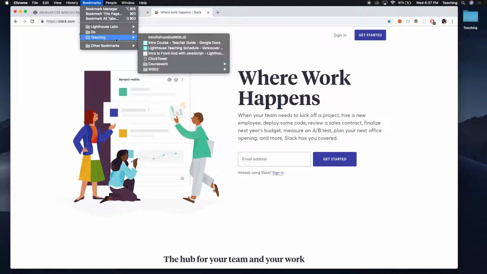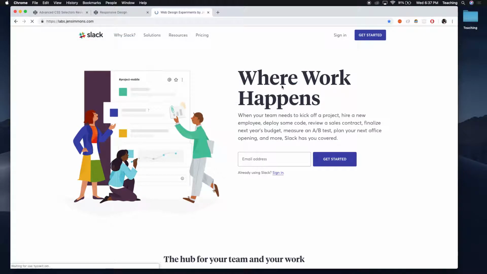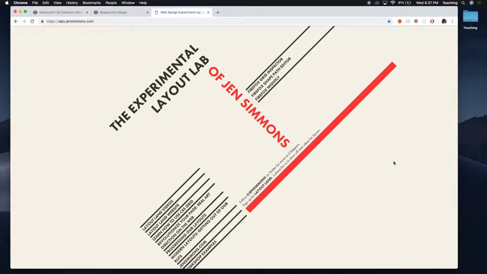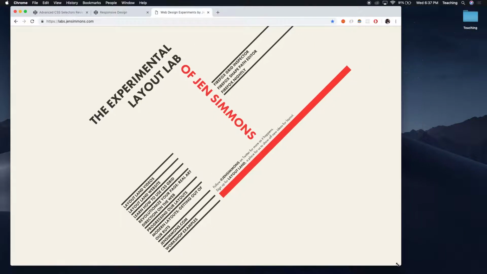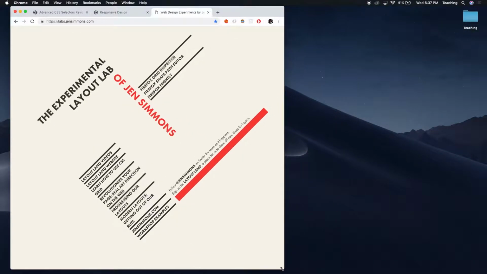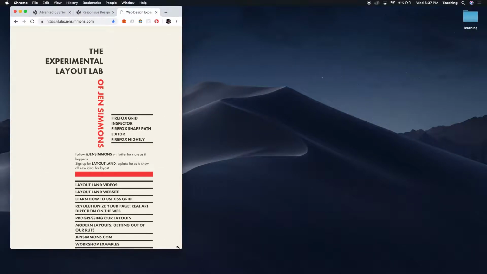And then there's another site, and this is just kind of fun, but Jen Simmons does some great videos. If you want to look at more advanced CSS, like CSS Grid, I'd recommend her YouTube videos. She's got some great stuff, but she's also got this experimental labs site with different layouts, and some of her stuff is really cool. Like the way that this is responsive, and then all of a sudden,